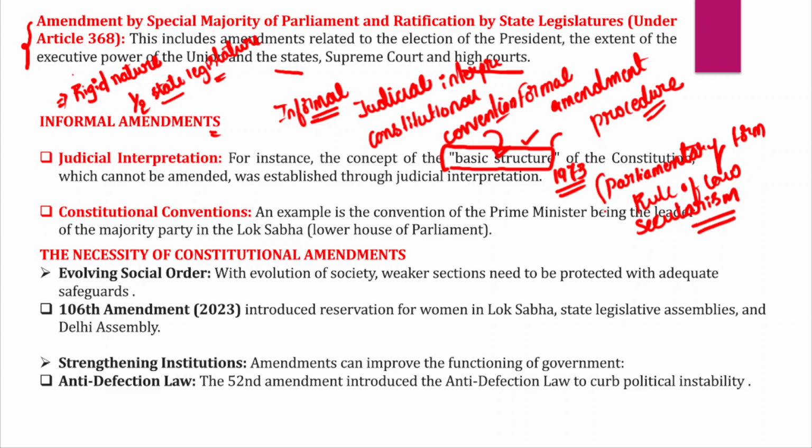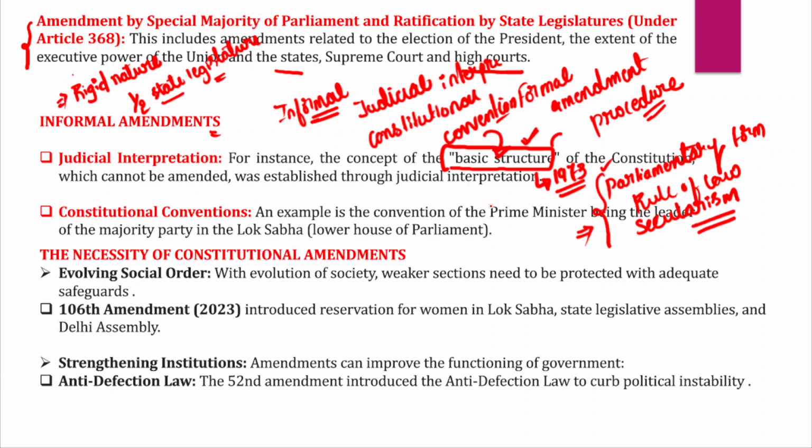Secularism is also considered part of the basic structure. So Parliament can amend any part of the constitution, but the amendment should not destroy the basic structure doctrine, and that is the concept of the basic structure doctrine given by the Supreme Court in the Kesavananda Bharati judgment in the year 1973. So this judicial interpretation or pronouncement is also considered an amendment to the Indian constitution, but this is an informal amendment.